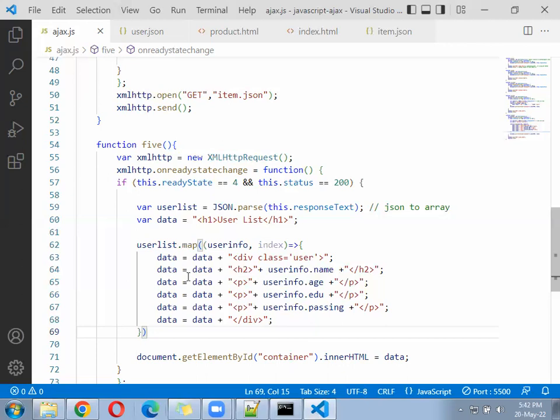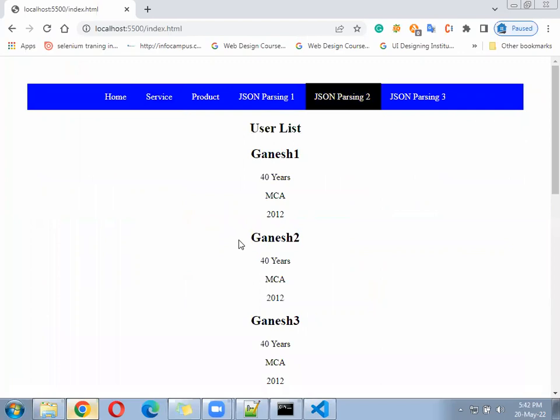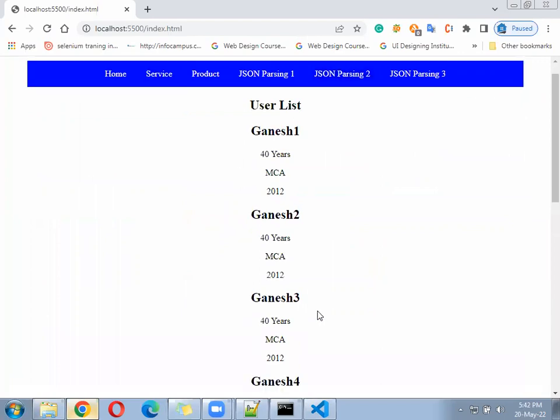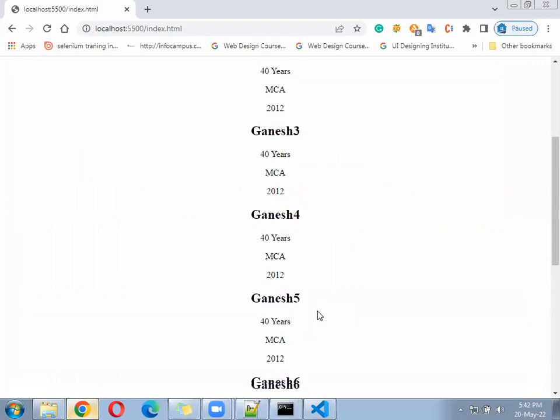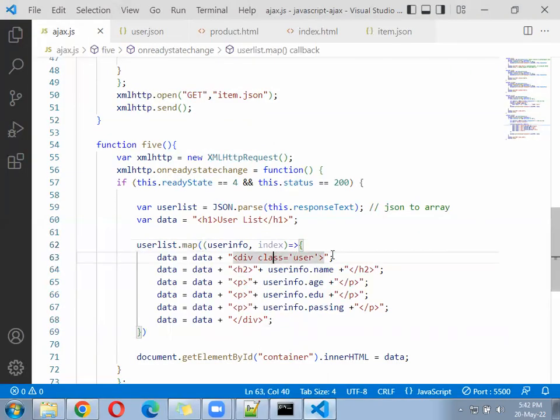Check now, list of users are coming. If you click on button, second button, it should display here Ganesh, Ganesh 2, Ganesh 3. 10 users are there, all the details will come, but we need to print side by side. So for that we have written the CSS here, class equal to user. Once you got the list or not. If you got the list, we can